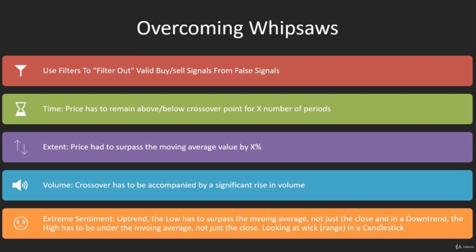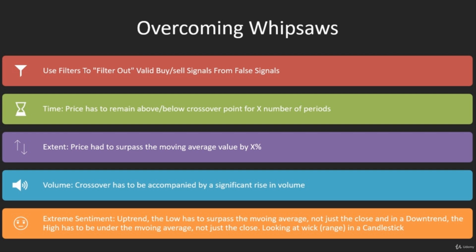and that's really a true filter, a true indicator, and we're using this filter to really make it do extra work to prove that it's really true. And then for a downtrend, the high, the top part of the upper shadow, the top part of the wick, would have to cross under the moving average, not just the close. You're looking at the wick and you're looking for it to cross as well in that range in a candlestick too. So I've put some rules around this with these filters, whether it's the time, the extent, the volume, or I'm looking for the whole trading range to cross over, not just the price, to put in more things to make me make a buy or sell decision based on a trading rule in addition to the crossover